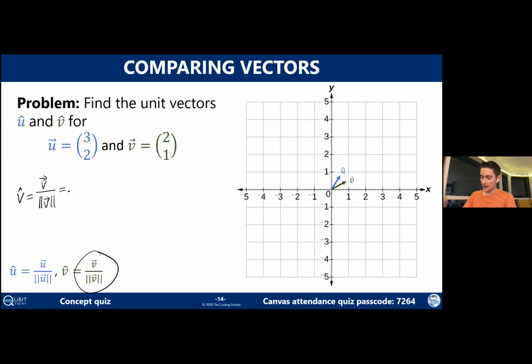Now, we already computed the magnitude of v. That was the square root of 5. You can work that out for yourself too if you'd like. Then we just plug in v up here, which is 2, 1. And then the final step is the trick I said before, where dividing a vector by a number is the same as just dividing each individual element by the same number. So the answer you should have gotten was 2 over root 5, 1 over root 5.